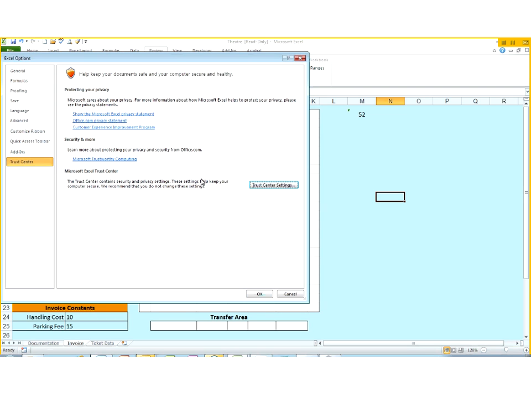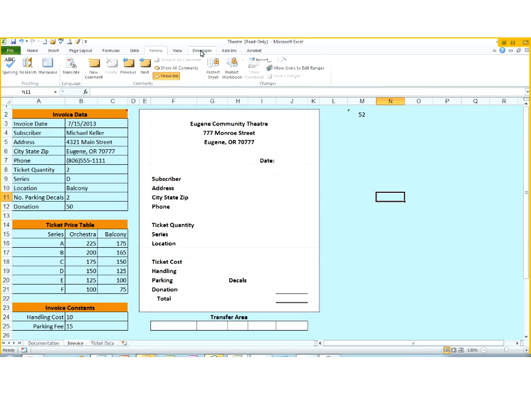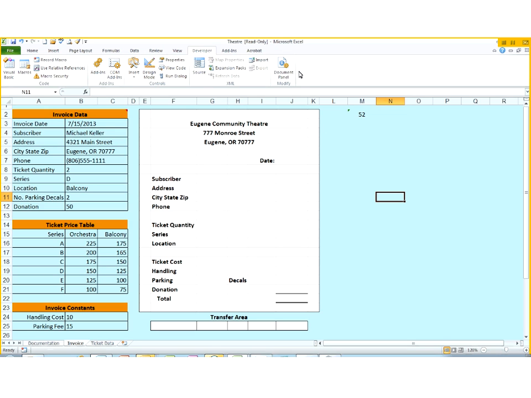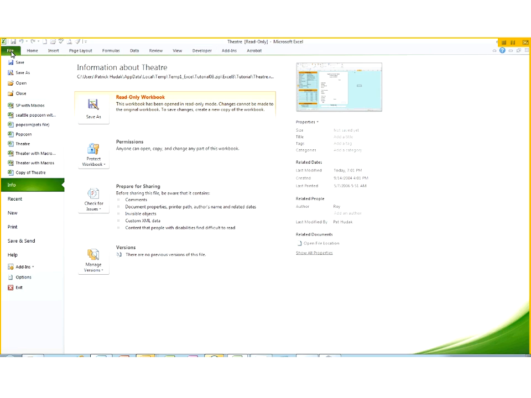All right? And let's see. One of the things, if you don't have it already, you should probably make sure that it is in your developer tab. So that's one of the things you need to make sure. This is your developer tab here, and this is going to contain almost everything you need to have for macros. If you don't have that, you just go to File, and